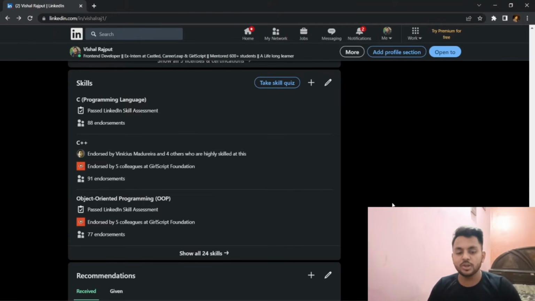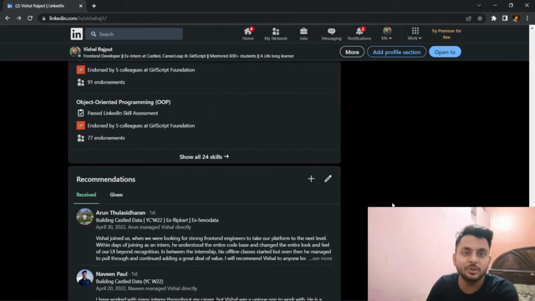But what you can do for endorsing your skills is, if you are working with your partner and your partner knows that you are proficient in C++ and video editing, he or she should endorse your skills. If you work under some mentors, or in a company, then your colleagues will endorse your skills. You can ask them, hey, could you please endorse my skills? If they are working with you, they know that you are proficient in that skill, so they should endorse. It's not that anybody who does not work with you endorses your skills. So try to make a legitimate endorsement, okay.